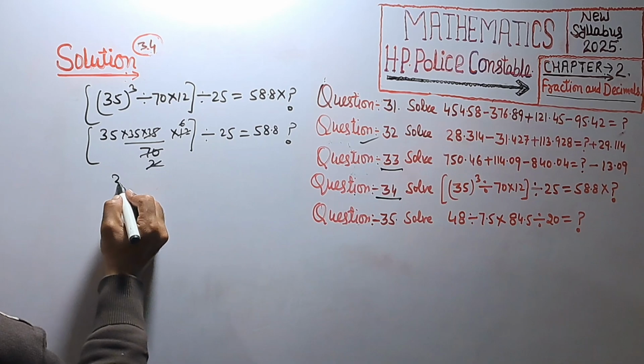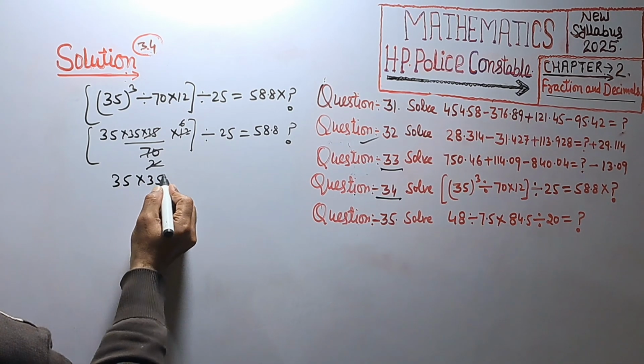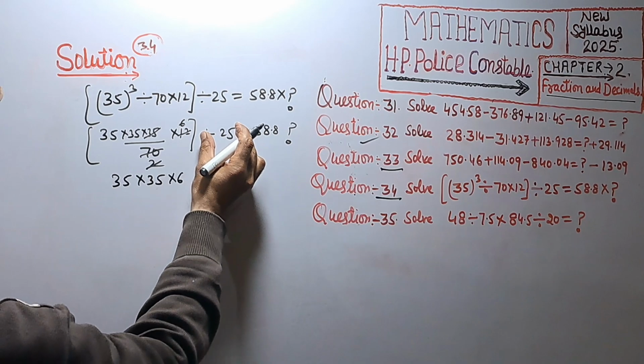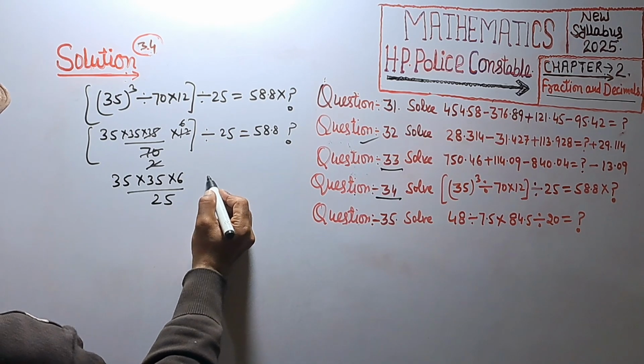So we get 35 into 35 into 6 divided by 25, equal to